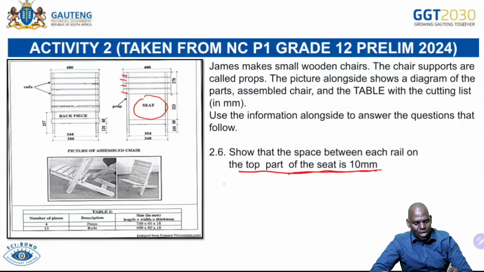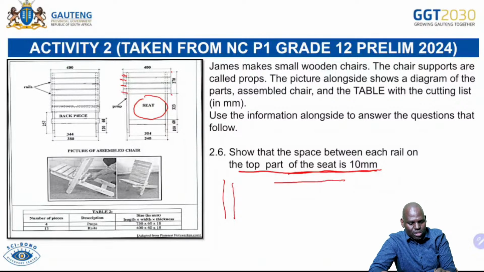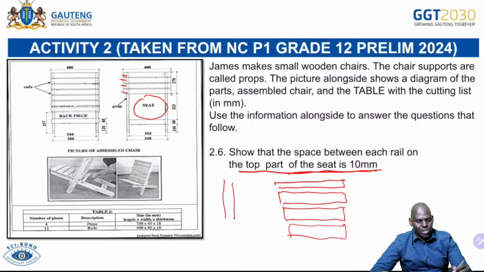Okay, so it's going to be like this. Let me draw it. So this is the first rail, this is the second one, this is the third one, never mind the sizes, and this is the fourth one. Okay, but you can see according to this, from this point to the other point is 270